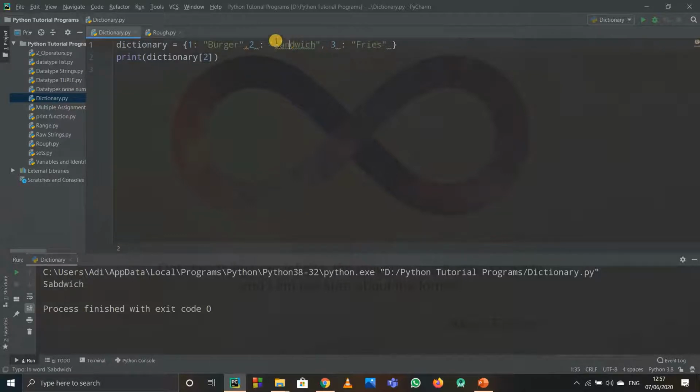I just changed it. And again the same thing goes if you want to print the third value. You got to know how you can access any element or any value of any key. Basically 3 is the key and fries is the value. I wrote fries in double quotes because it is a string, obviously. And I didn't write 3 in double quotes because it is an integer.